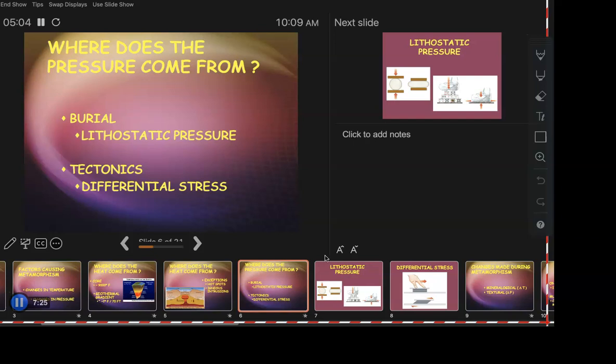We call that lithostatic. Lith is another word, we mentioned it before, but another word for rock, okay? Static, stasis, constant. So it's constant rock pressure. And it's more or less just a squeezing. It's one directional. I don't get into that on this slide, but the next one talks about how it's not equal or not even. So we might as well mention that lithostatic pressure is fairly even. It's just a squeezing, pressing down, flattening out.